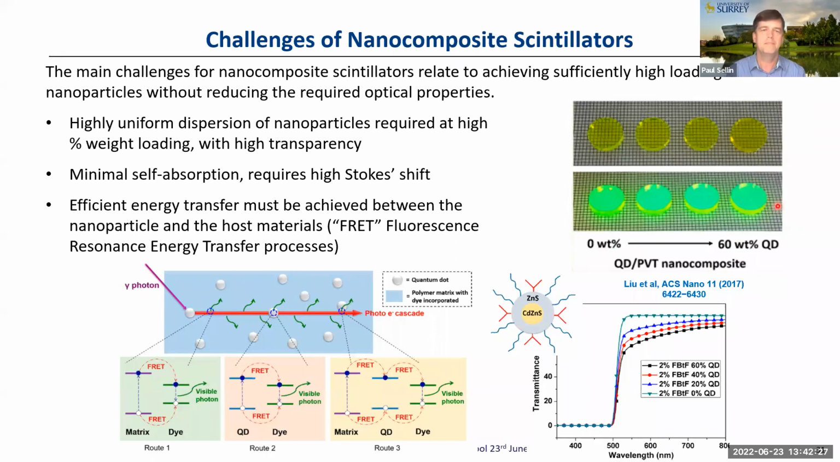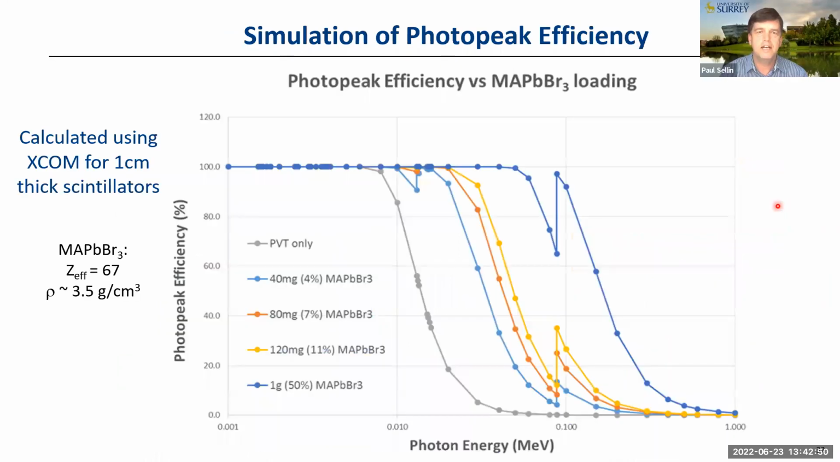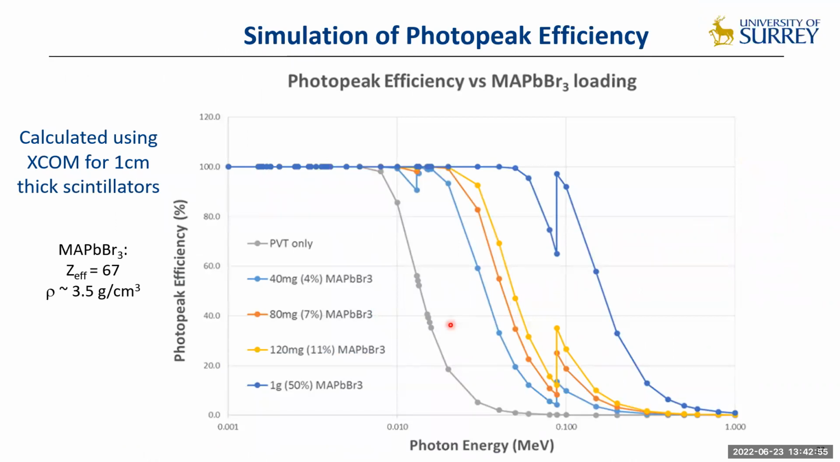scintillating plastic scintillator. So why would you want to do that? Is the obvious question. Well, the obvious reason is you want to introduce high Z material into a plastic scintillator, because then you can increase the efficiency and also get some energy absorbing properties. And here's an X-ray simulation showing how the photo peak efficiency of a 1 centimeter piece of plastic scintillator